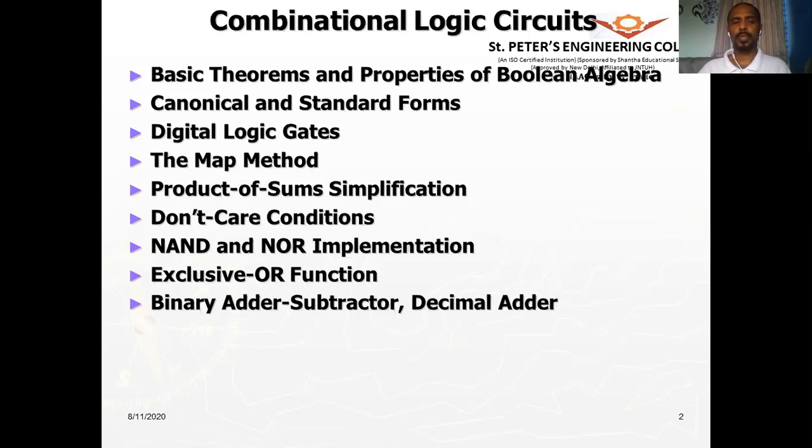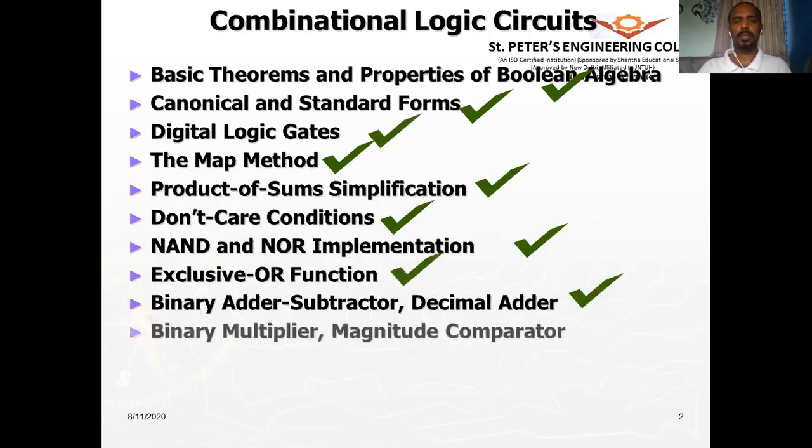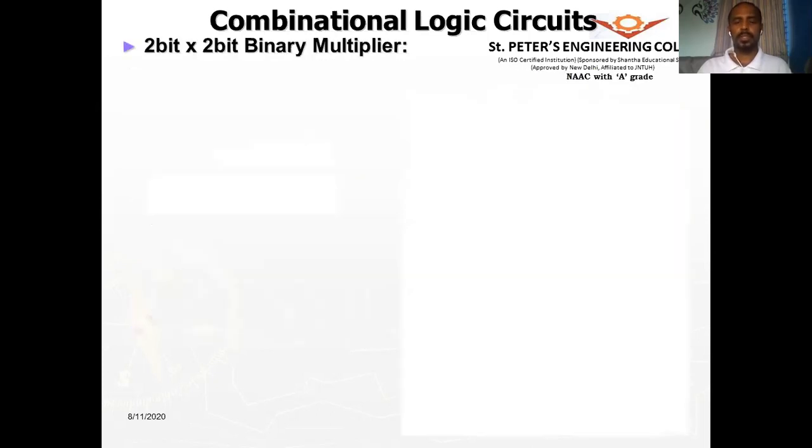So therefore, what we do, we add 6, which is the difference between the steps that we are skipping between the binary 4-bit codes and the decimal code, right? So that is what we have seen in the previous discussion. Okay. Now in this session, we will look into a binary multiplier, and also we will look into the magnitude comparator. What is a magnitude comparator also we will consider.